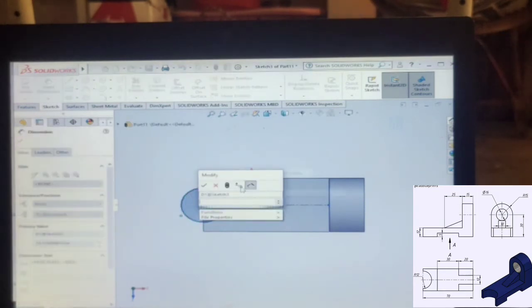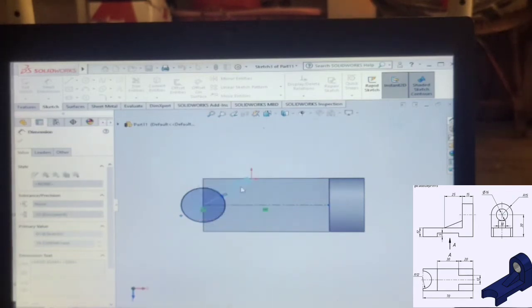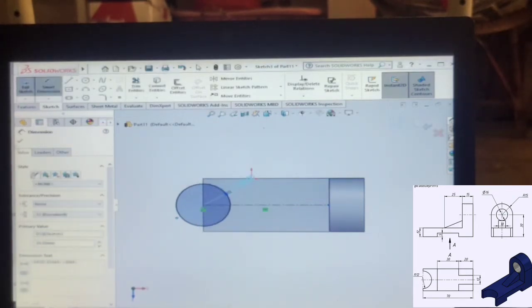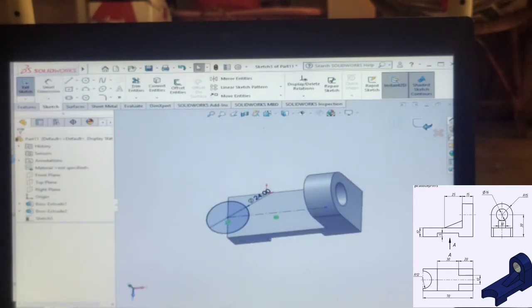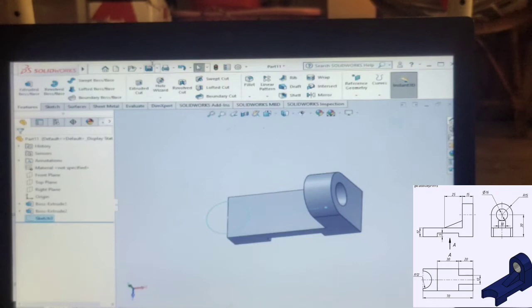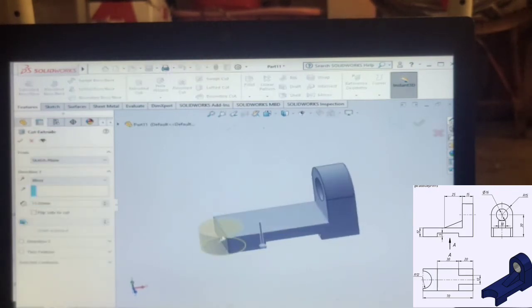The circle value is 24 diameter, and update it. Go to Features, select Extruded Cut and select the icon. We have to extrude like this,